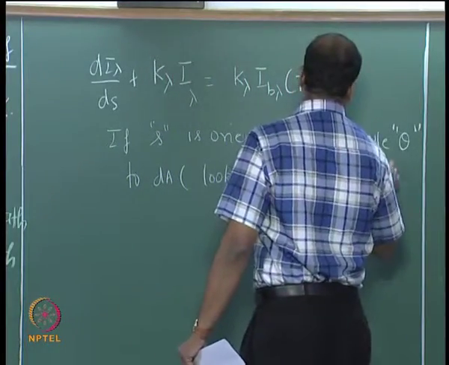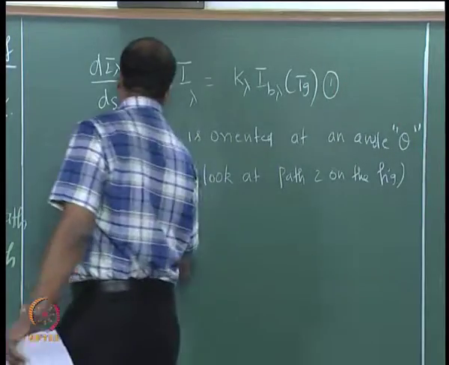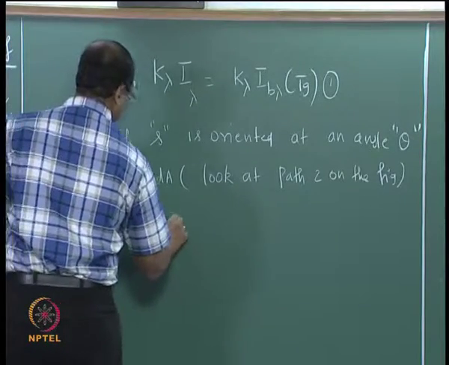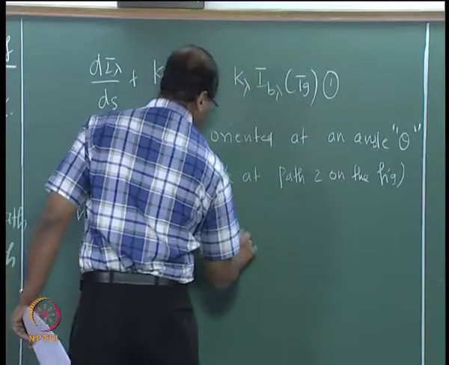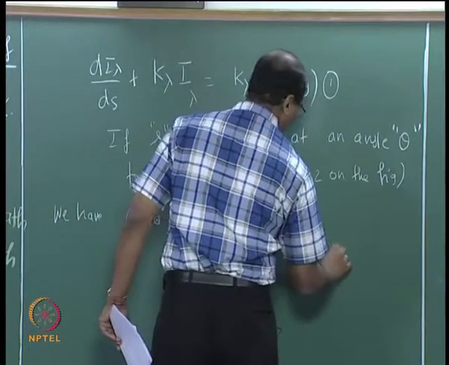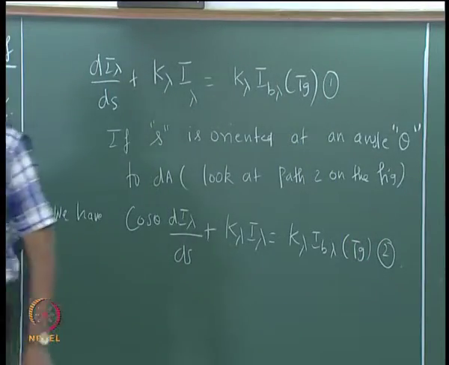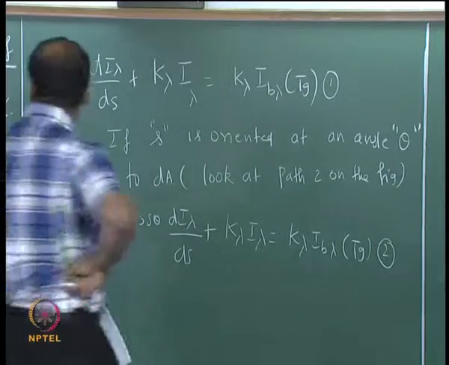Look at path 2 on the figure. So the equation gets modified as cos theta, we have... needless to say, when theta equals 0, equation 2 reduces to equation 1, alright. Now we have to find out the story